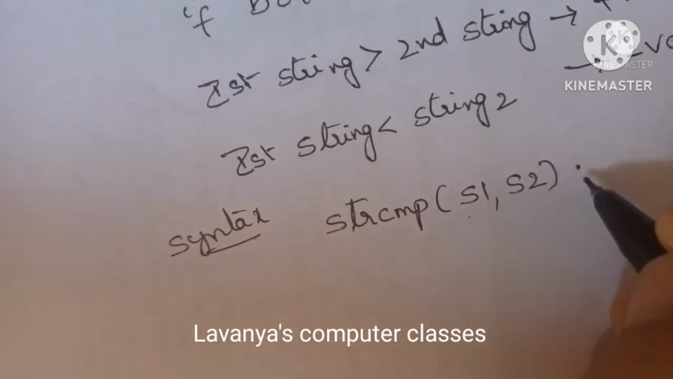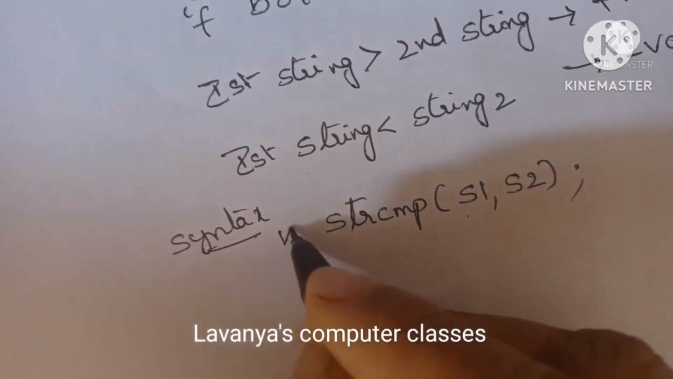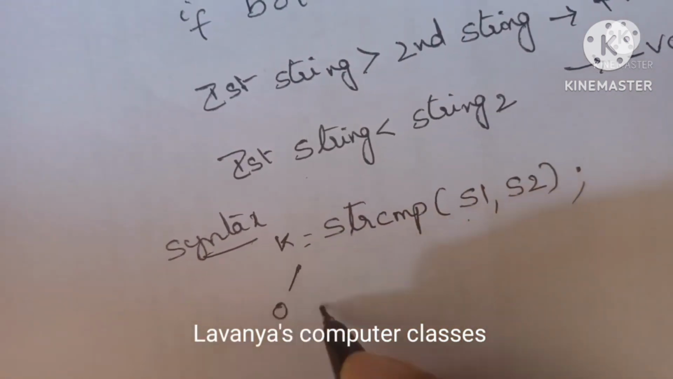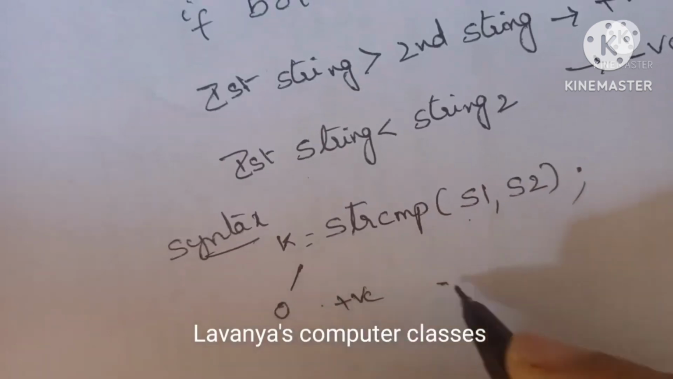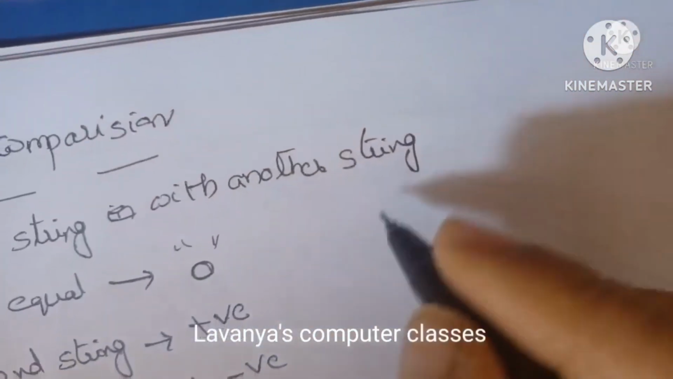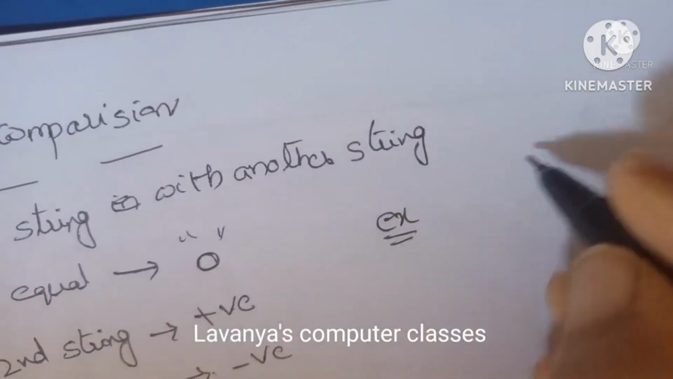Two parameters we require, s1 comma s2, semicolon. If both the strings are equal, then only k equal to, we are assigning to variable k. The k value is either 0, positive or negative. K value 0 means both are equal,